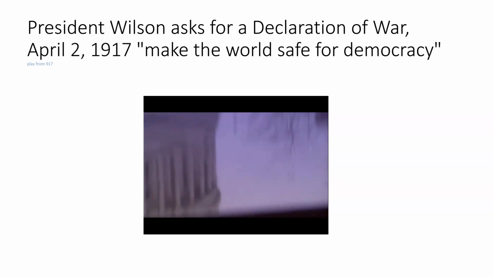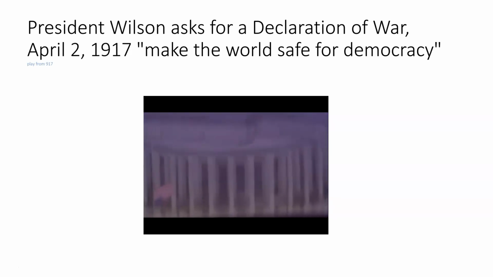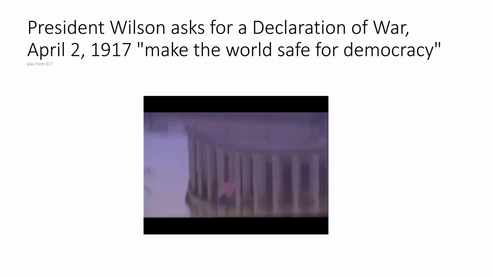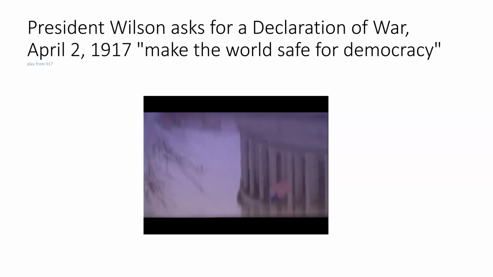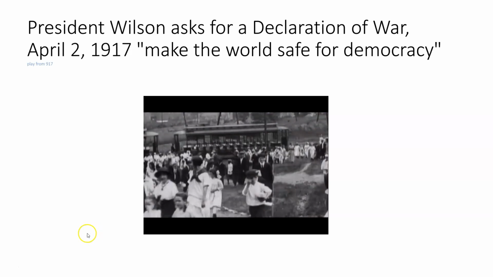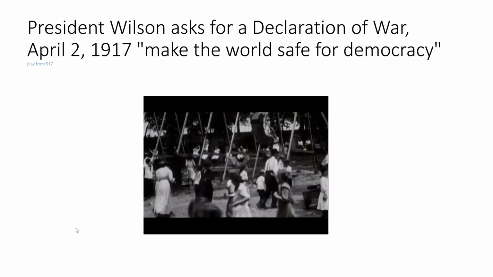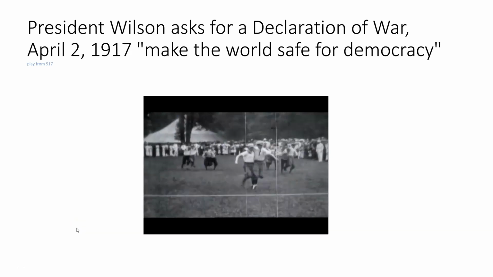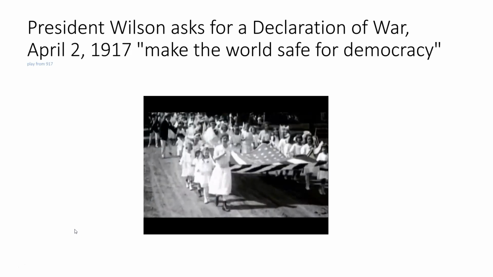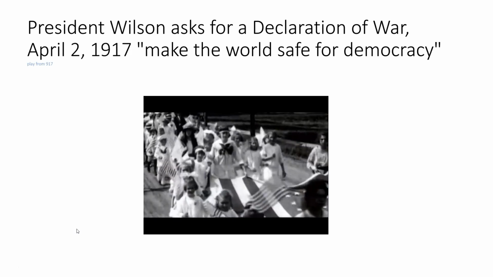The address was met with wild applause, and Wilson's justification for going to war was greeted with enthusiasm. The old isolation is finished, the New York World declared. We are no longer aloof from the rest of the world. Whatever happens now concerns us, and from none of it can be withheld the force of our influence.